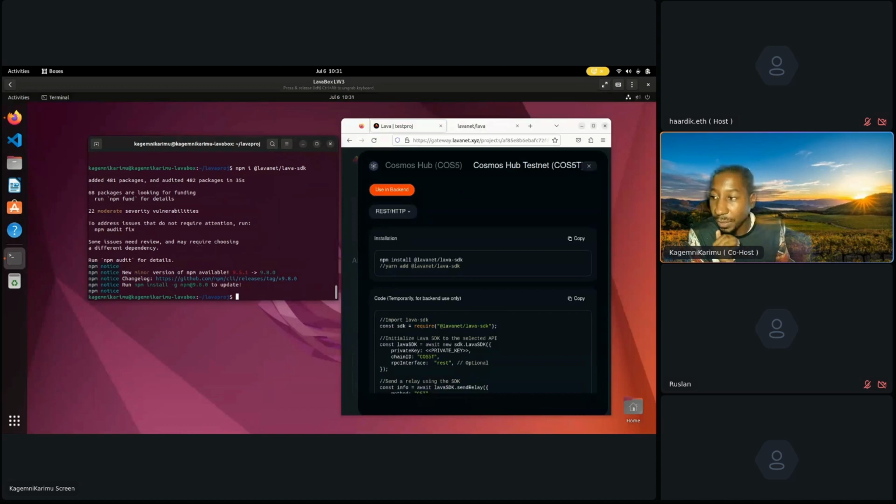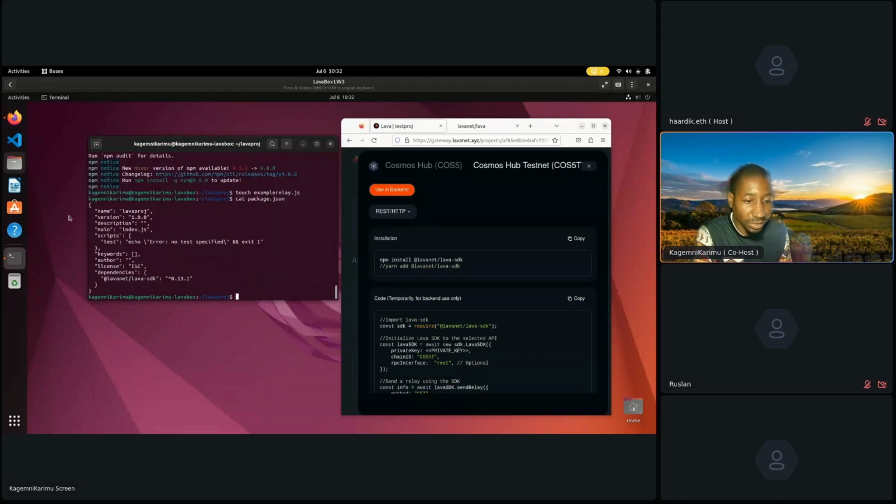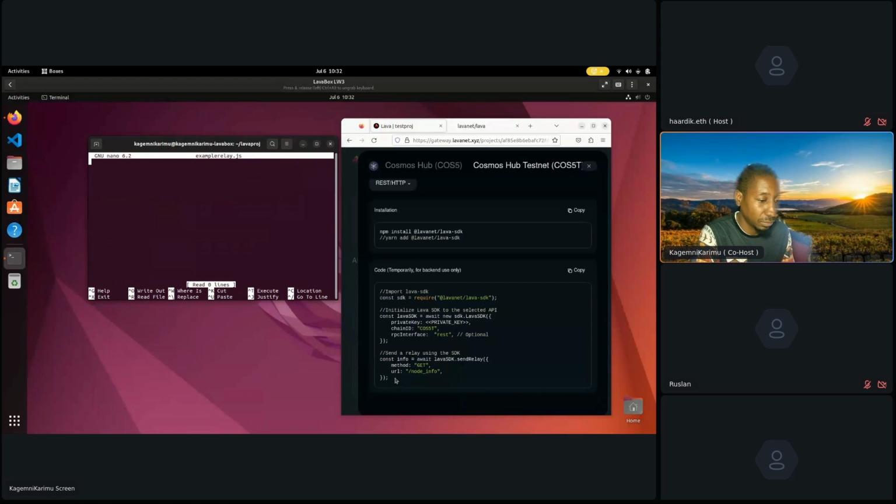Now that we have npm and our package installed of Lava SDK, we're going to go ahead and create example-relay.js. Okay, and let's just verify that we installed that correctly. We'll check our package.json, and there we see we have our lavanet lava-sdk installed. Okay, great. So we can use code, or we can just go from the terminal. But here we actually have this code that's generated directly on the gateway that gives us an example of what to do. So I'm going to go ahead and do, for now, just nano example-relay.js. It's going to take this code,